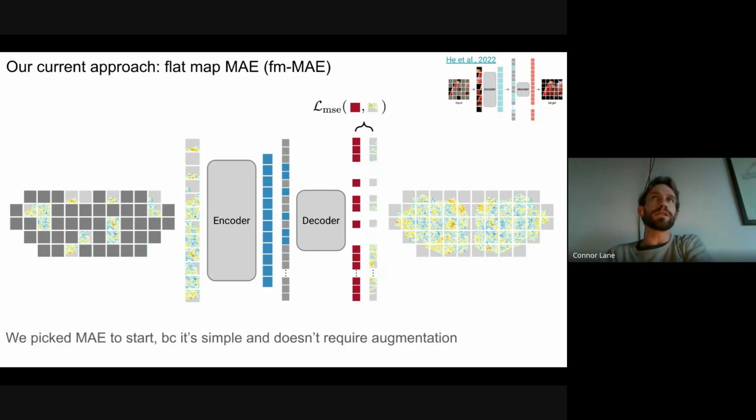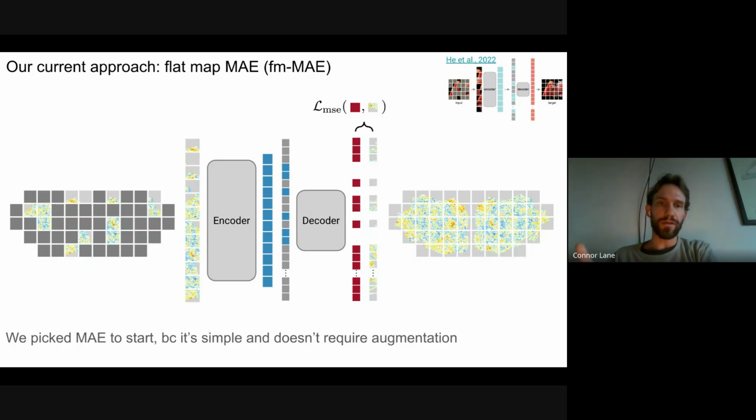This is a nice self-supervised learning framework compared to some other alternatives because it's quite simple. The objective is well-grounded. You can interpret the reconstructions nicely. The loss curves are stable and don't suffer from non-stationary dynamics like you see in some other student-teacher type methods. And most importantly, something that the authors of the masked autoencoder paper show is that it doesn't require data augmentation. And data augmentation is tricky with fMRI, so it's nice to start with a framework that doesn't rely on it.